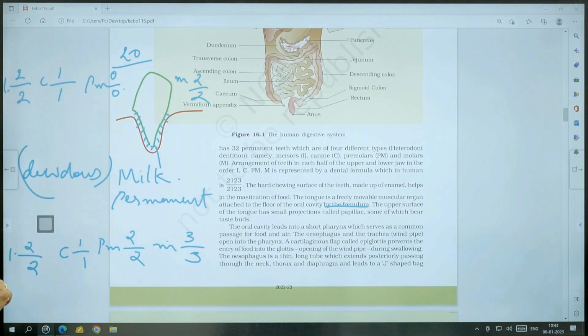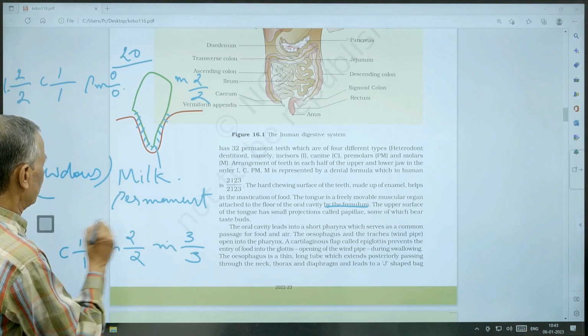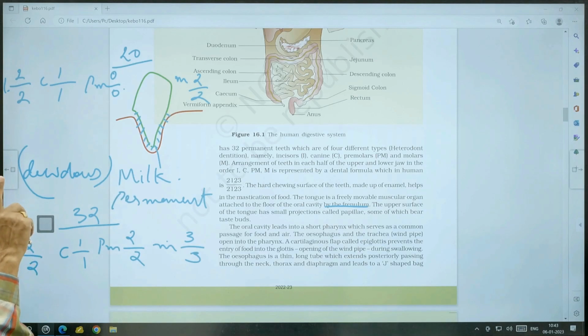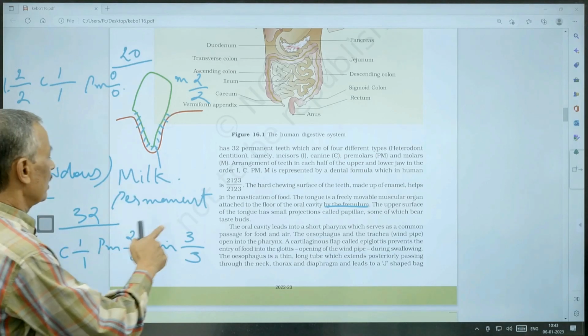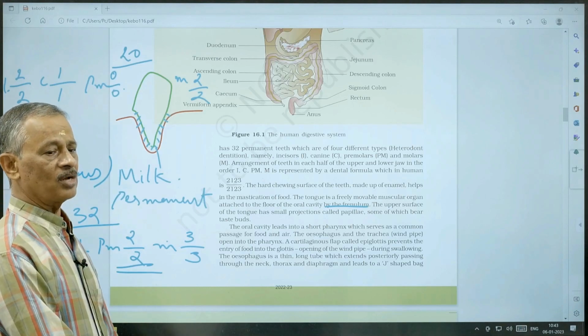So, understand, what is the total number of teeth in permanent dentition? It is 32. So, what teeth are not represented in milk dentition? They are the premolars and the wisdom teeth. So, premolars and the last molar